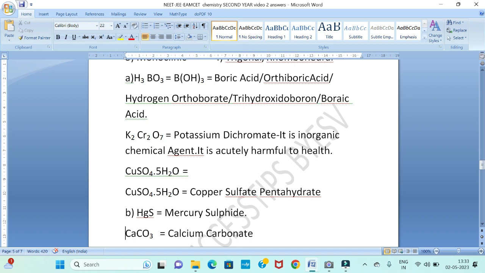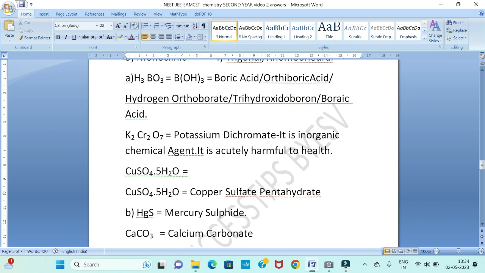K2Cr2O7, potassium dichromate. If some persons eat it, they will get health problems. Fat in the liver, some fat will form in the heart also. So some heart stroke will happen. They go to hospital in a very dying situation. So they are trying in clinic. Try clinic means doctors will try in that clinic to save those persons. Like that you can remember.